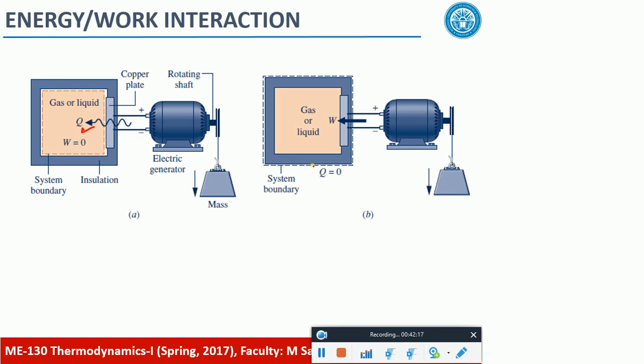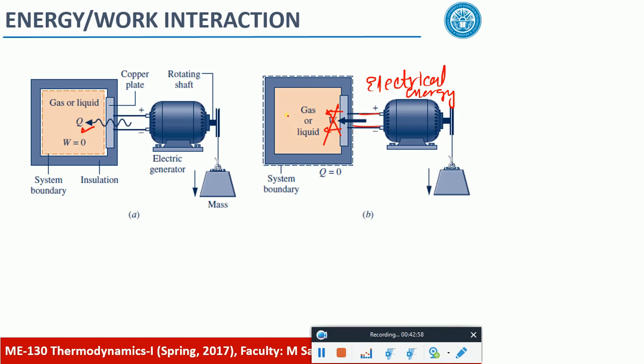Now, if I include this copper plate in my system, what kind of energy interaction does this system have with its surroundings? Would you have this kind of energy interaction? Not at all. Why? Because this is now inside the system. The energy interaction of this system with the surroundings is through these wires. This is now electrical energy which is being given to the system. Whatever is going on inside does not matter. Why? Because it is inside the system, right? So this is something you need to understand.